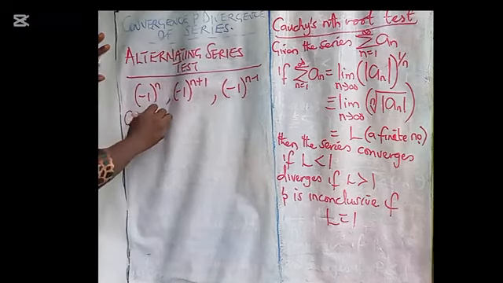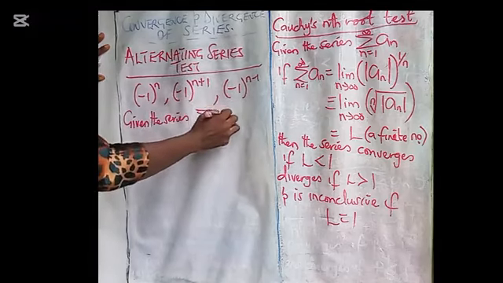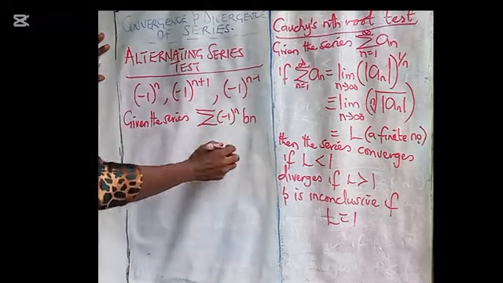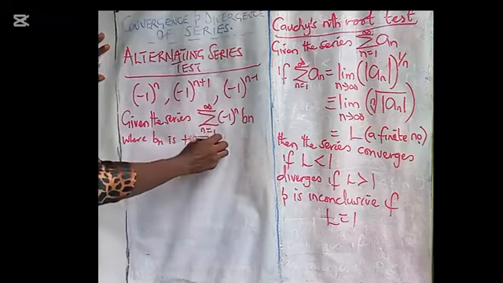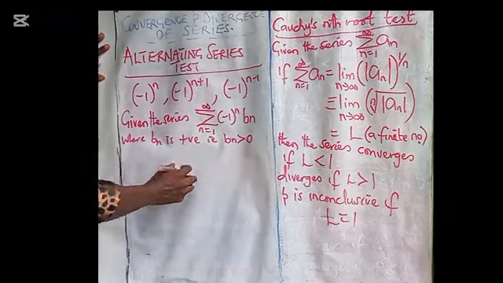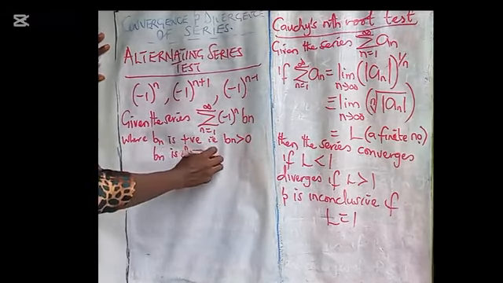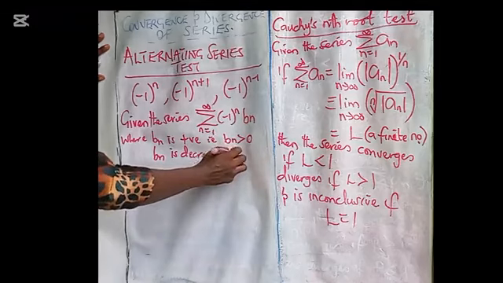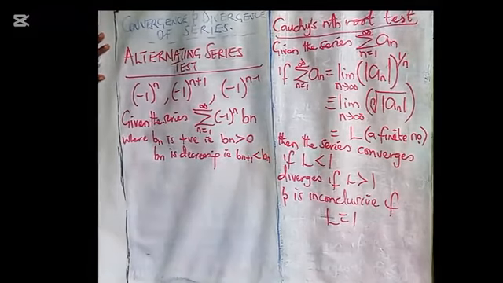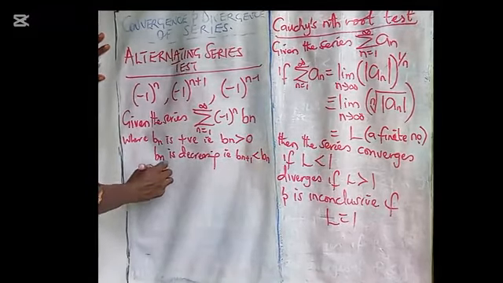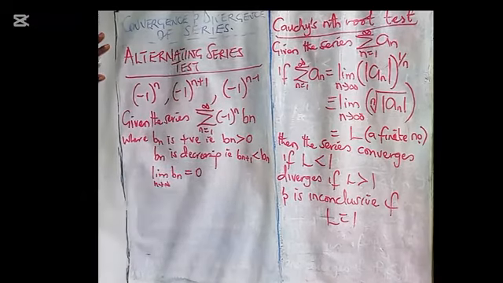Given the series summation minus 1 raised to power n of b sub n, where b sub n is positive, that is, b sub n is greater than 0, b sub n is decreasing, that is, b sub n plus 1 is less than b sub n, and the limit as n tends to infinity of b sub n equals 0,